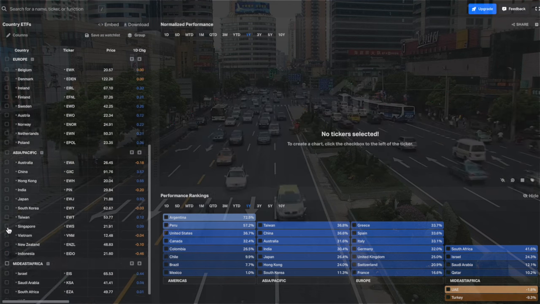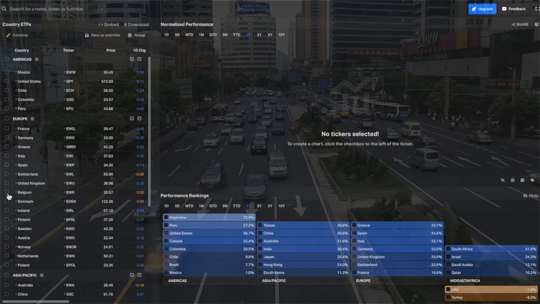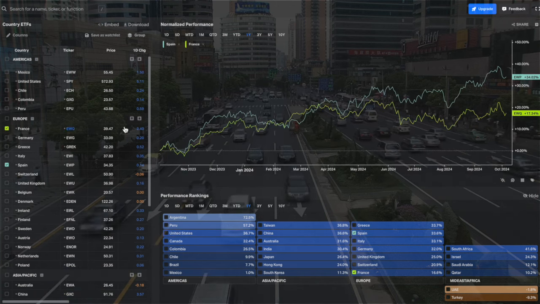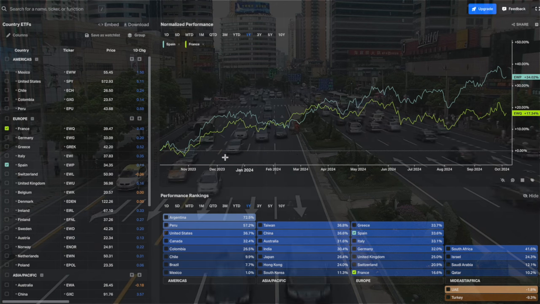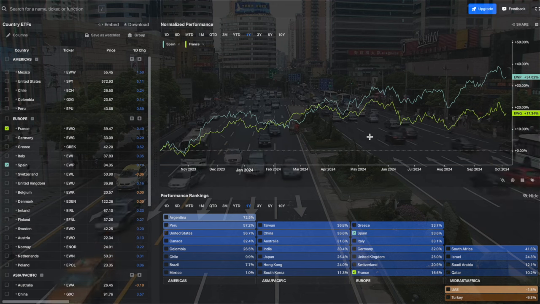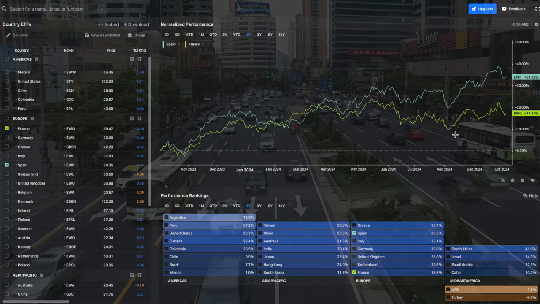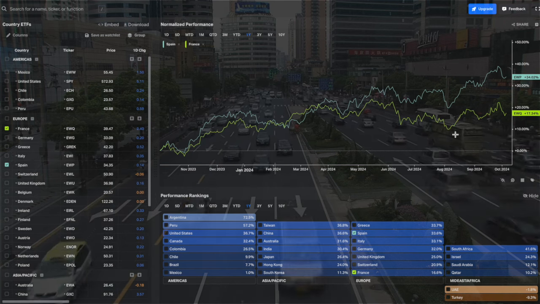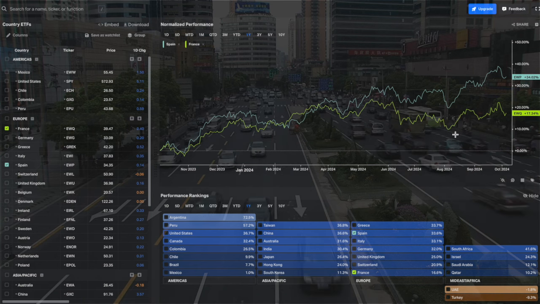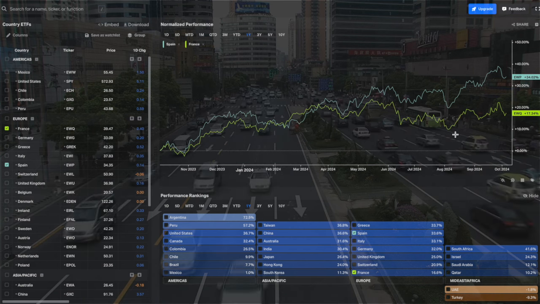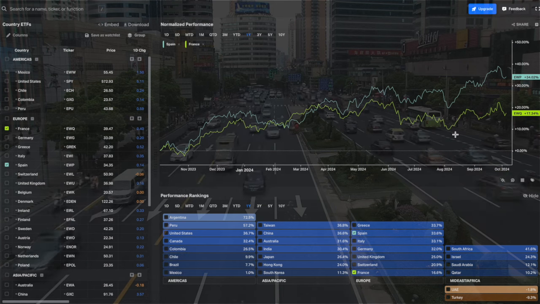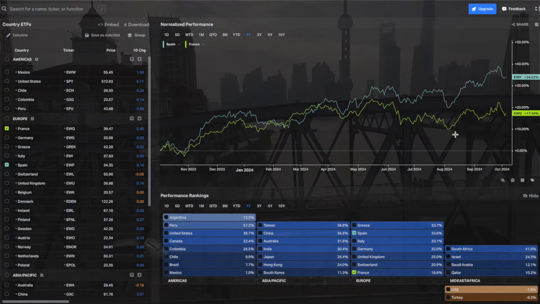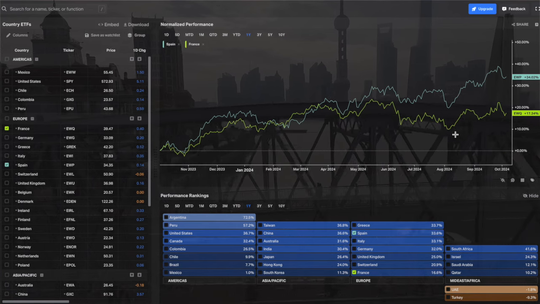Let me unselect my Middle East, going back to Europe. I'll select Spain here and France. So how would that have worked out for us? Well, obviously, if we go short France, we would have lost money because the ETF of France has gone up 17%. However, Spain has clearly outperformed France at 34%. So we would have netted the difference between the two, which is around 15% profit